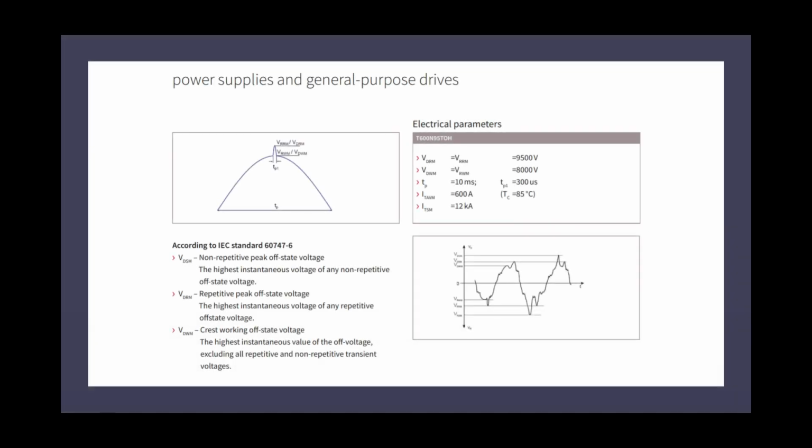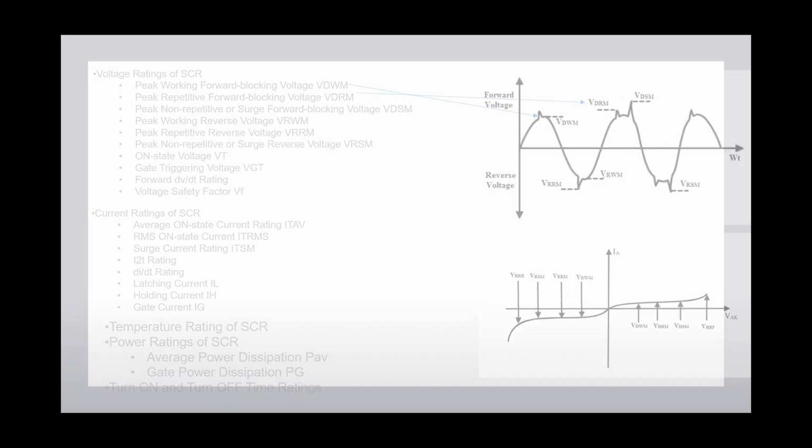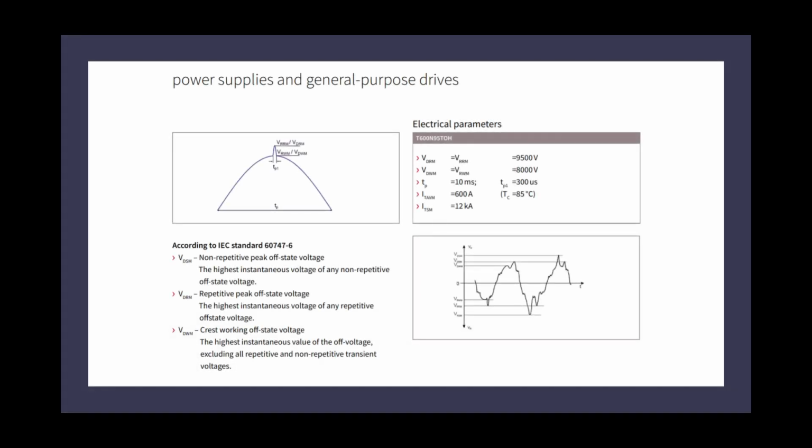This is a sample sheet for a thyristor, showing what a data sheet looks like. It has the same values we saw on the back side, and you will find the same values in any thyristor data sheet. Based on your application, you need to know the maximum voltage you will apply in forward bias and in reverse bias, so it does not conduct falsely and conducts only when you have the gate current, along with the conduction losses and how much gate current is required.